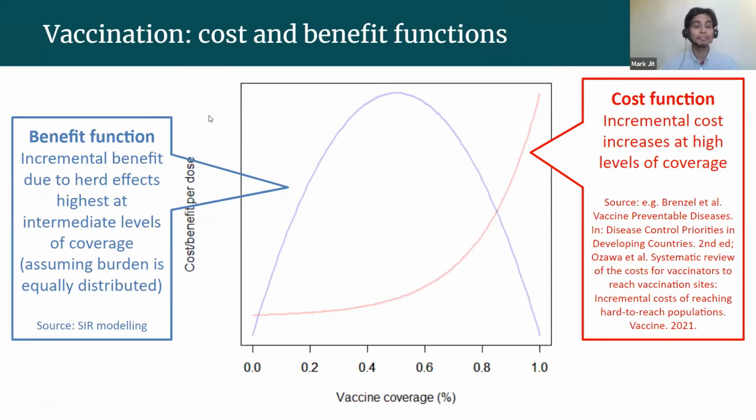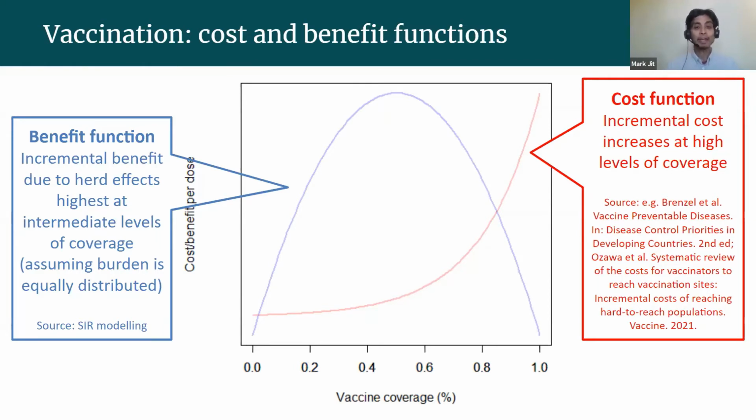Then there's the benefit function. Generally, the benefit function is a sort of inverted U-shaped curve. The reason is that at very low levels of coverage, you're mostly just getting direct protection. You're not getting many indirect effects. As you get to higher levels of coverage, the multipliers of the indirect effects, the herd effects, increase. So for every person you're vaccinating, you're also protecting a lot of other people. And then when you get to really high levels of coverage, you've already reached the herd immunity threshold or close to it. In fact, the end of that curve might be below 100%. And so each additional dose has much less of an effect. So this is in a normal situation.